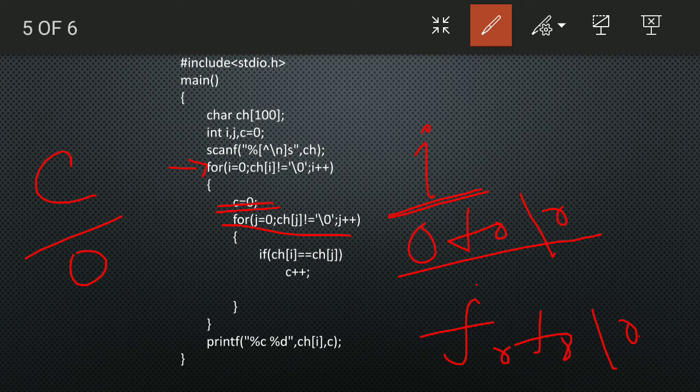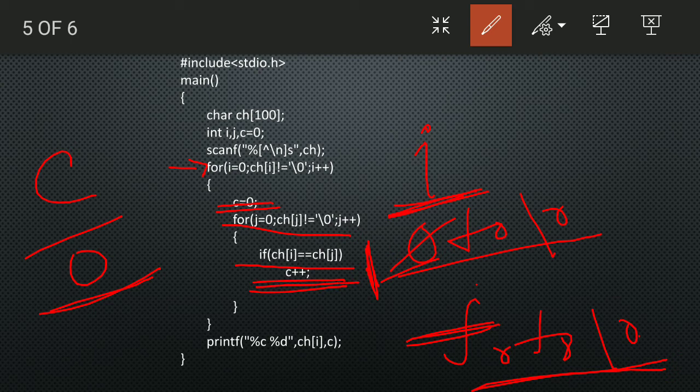For example, for i equals 0, j will run from 0 to the null character. For i equals 1, j will run from 0 to the null character. And each time the i value is different, c is initialized with 0. Whenever you find that ch of i equals ch of j, we increment the c value.